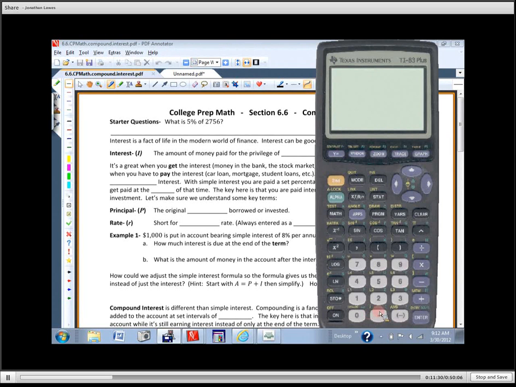0.05. Okay, so we move that 2 decimal places to the left. 0.05 times 2756. Okay, the word of means multiply. So 5% of that, we naturally change this into a decimal. That's how the calculator is going to compute this, and we get 137.8. Everybody got that right? Okay, excellent. So we got